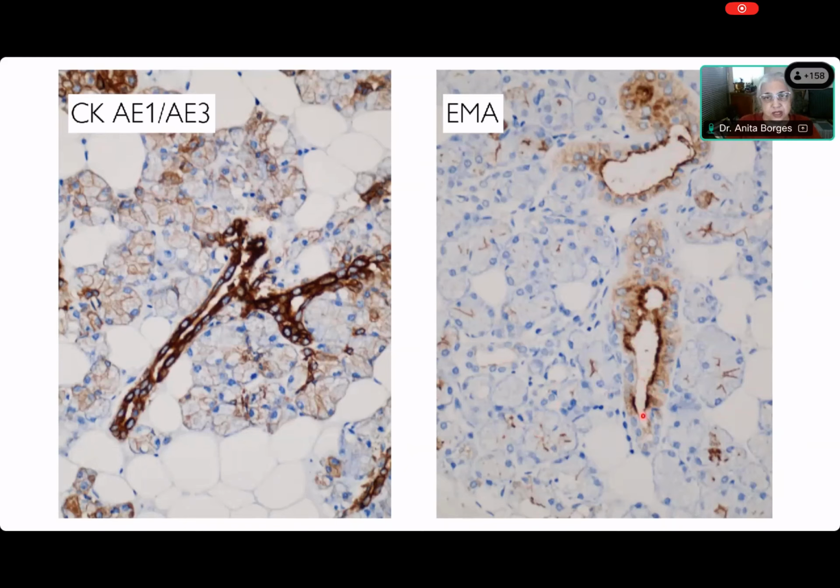This thing where my cursor is, and maybe I should get my laser pointer, this little duct over here, which you can hardly see, is the intercalated duct. And in the intercalated duct, you can't see the myoepithelial cells. You really have to have extremely thin sections, and you should be looking for it. So you can't see myoepithelial cells, just like Cinderella, who's here in the top left-hand corner scrubbing the floors. She was unnoticed. Okay, that's essentially the case.